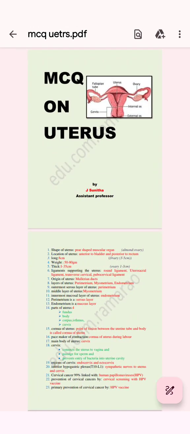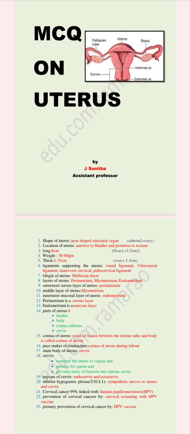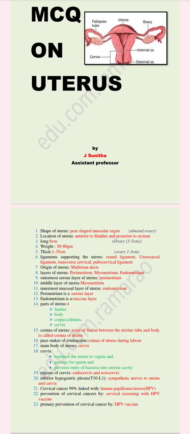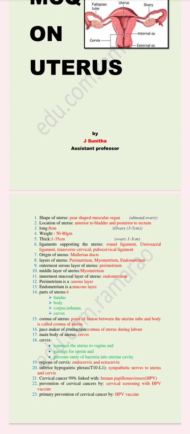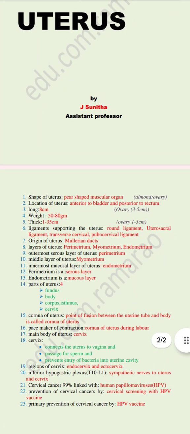Here you can see MCQs from the part uterus. So let's discuss one by one. The shape of the uterus is pear shape. The uterus is called a pear-shaped muscular organ, and it is located anterior to the bladder and